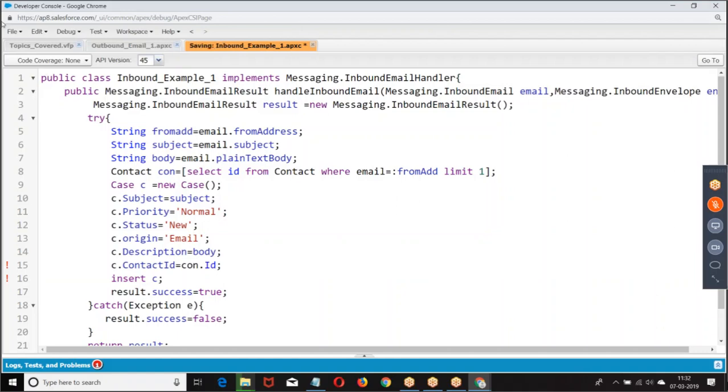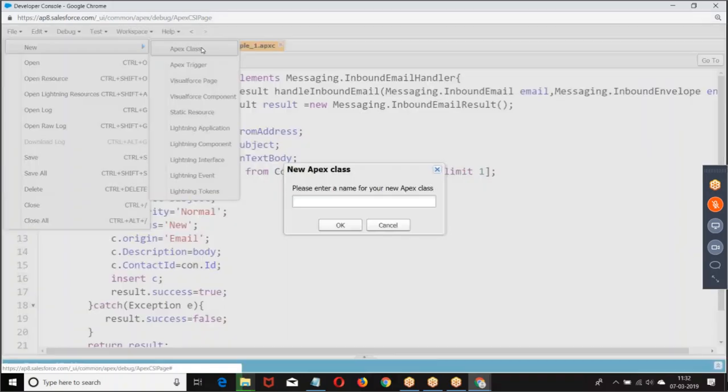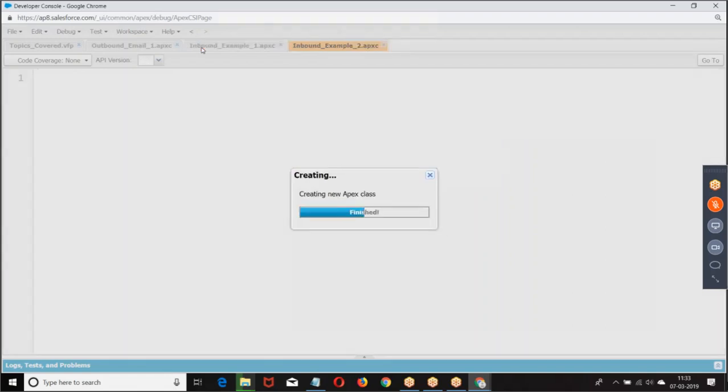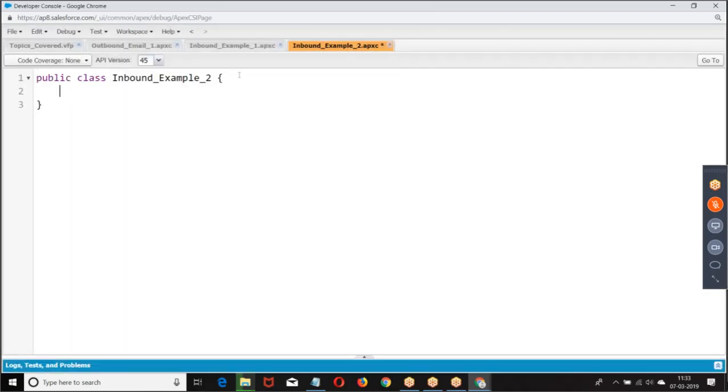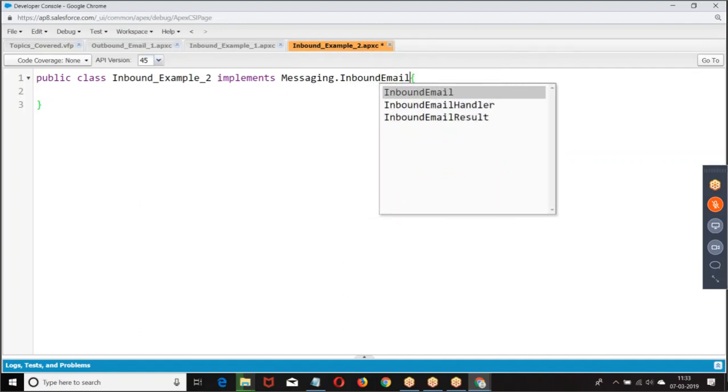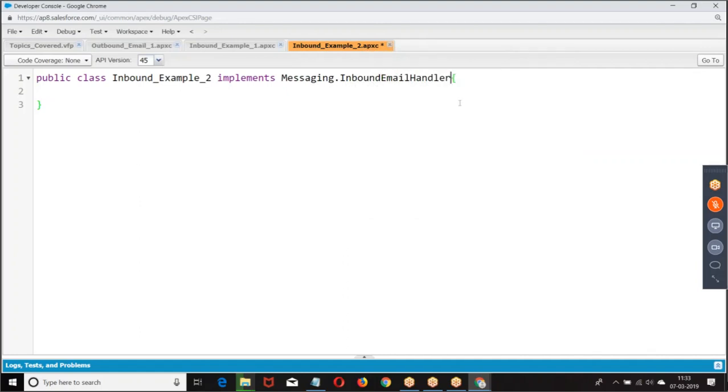First, how did you create a class? Class implemented. What is the first? Implements Messaging.InboundEmailHandler.